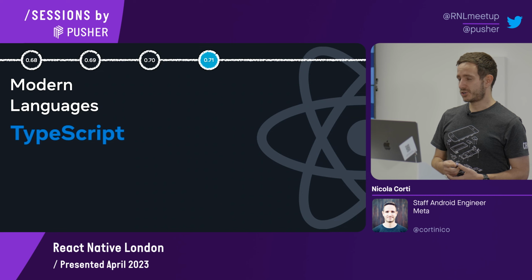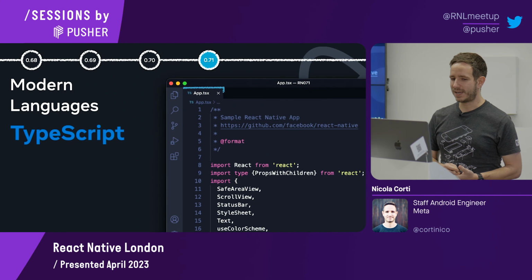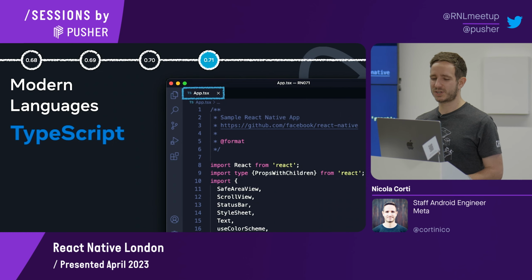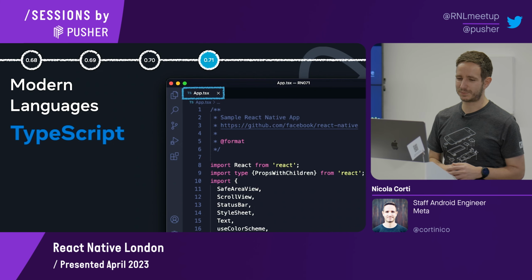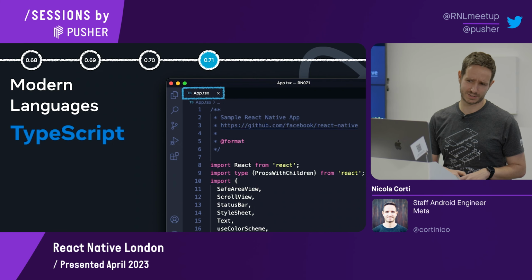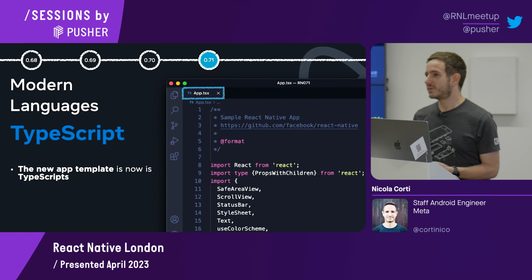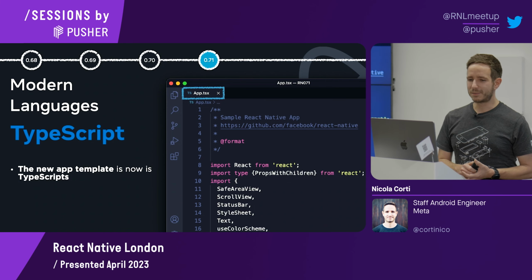This is the first version that makes a change in how the new app template is built. So whenever you create a new application now, that application will be written in TypeScript. You will see this App.tsx file instead of App.jsx. So this is quite a big deal. Previously, you could already use TypeScript, but you had to rely on external templates. And most importantly,